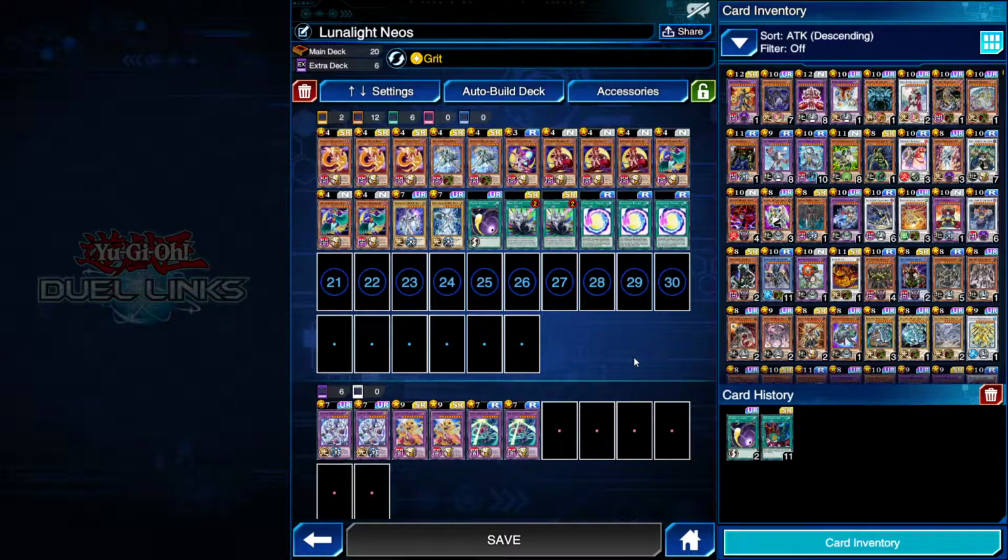Today we are continuing to look at Lunalights with another deck that I found, being Lunalight and Neos combined. Now Neos was really good when it came out, and it was really good for a long time, and then it got nerfed a little bit and kind of fell off, but it still does its job of putting a Neos on the field very easily with one card, as well as sending something to the graveyard that